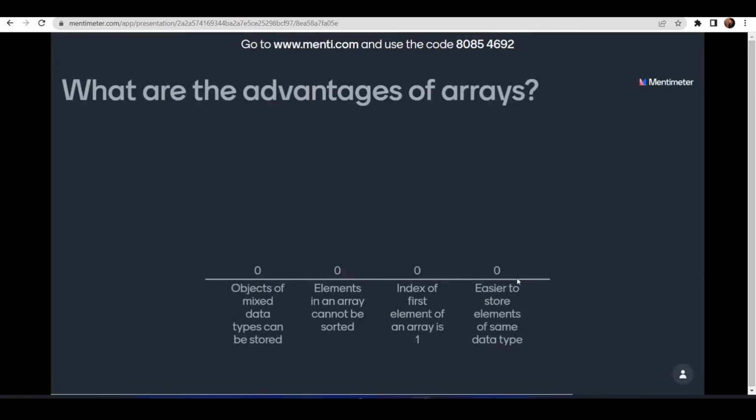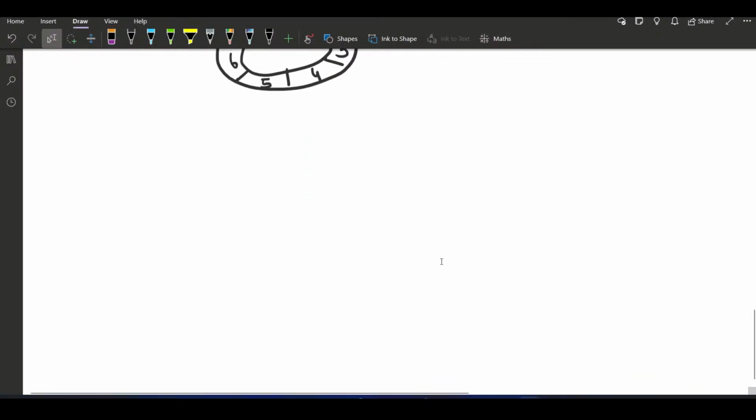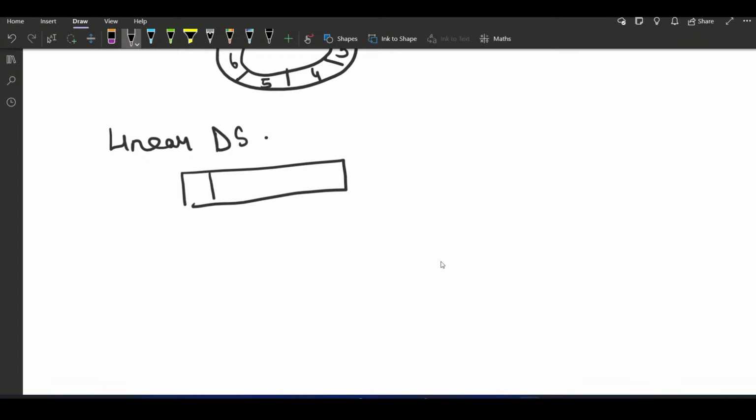Now moving to the next question. What are the advantages of array? So firstly you need to understand what is the array. Array here is a linear data structure, that is, it can store homogeneous elements in a sequential manner. Homogeneous here means the same type of data it can store. Suppose it is storing integers, so it can only store integers, that is 1 2 3 4 5